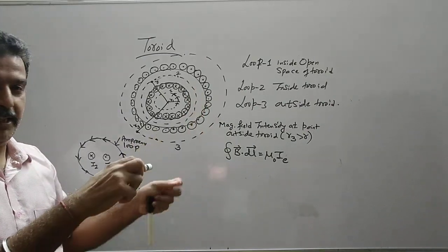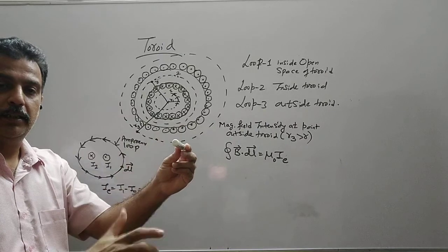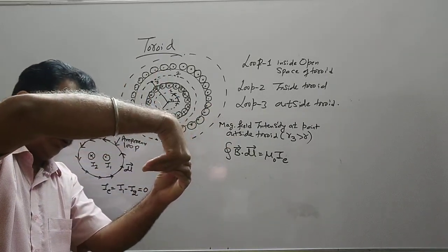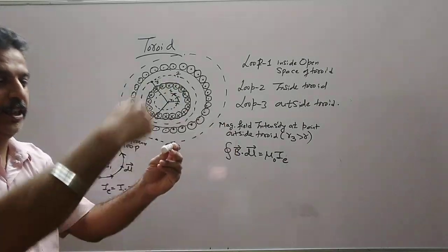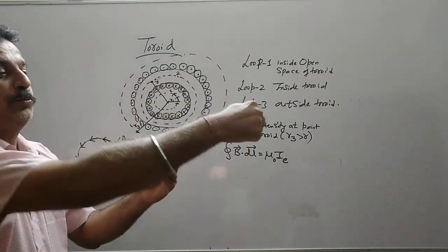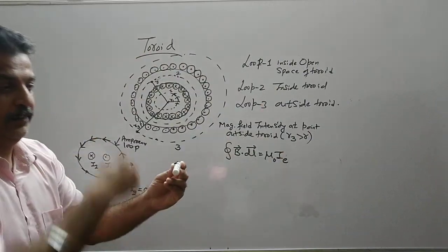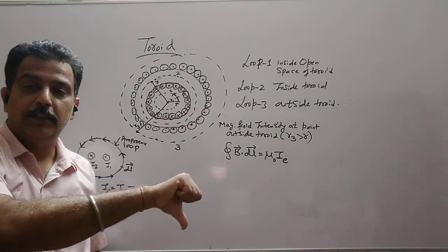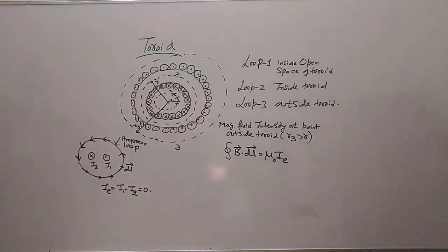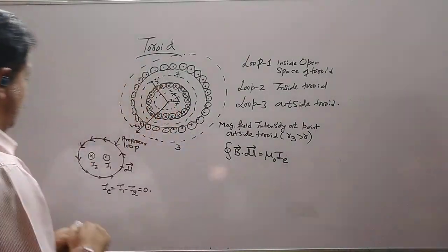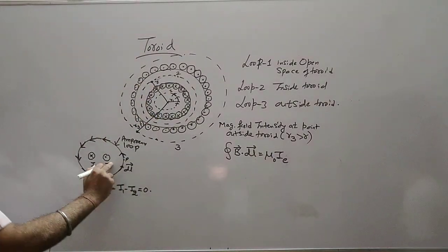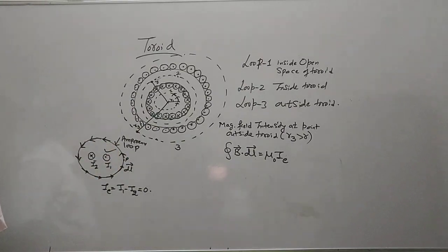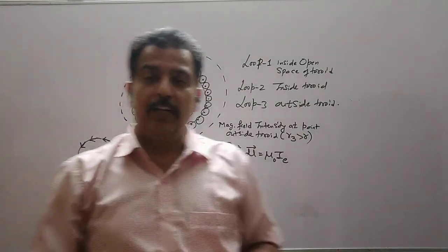Then I take this wire. The current is going in. I apply the thumb rule and curl my fingers. This is the direction of the magnetic field. Now for this point lying here, it will be tangentially downward. So what is the direction of the magnetic field intensity at this point? Due to one wire it was tangentially upward, due to the other it was tangentially downward. So the resultant magnetic field should be 0.